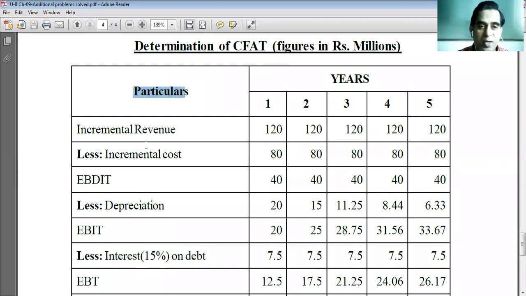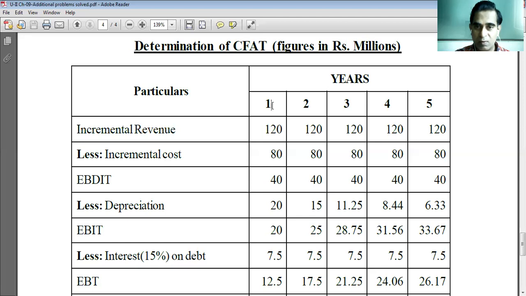In this column I have particulars. In fact, it's a calculation. Vertically, things are calculated here. So I have years on the right hand side: year 1 column, year 2 column, year 3 column, year 4 column, and year 5 column. The incremental revenue itself is given in the problem, so you need not even bother. That problem is also solved. Otherwise, it's difficult to find out the incremental revenue. So the incremental revenue amount itself is given. Write it as it is for each year.